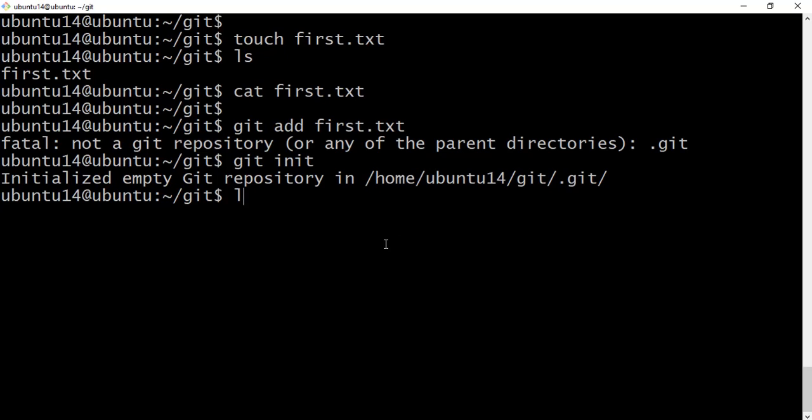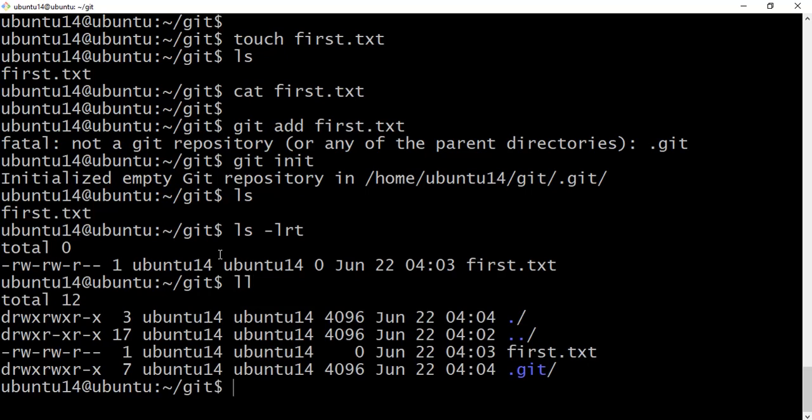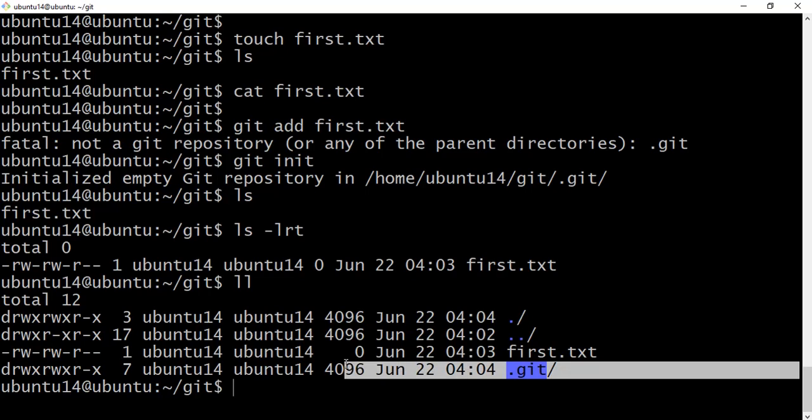If you run ls, we don't get any .git folder here. If you run ls -lrt, we also don't get anything, right? If you perform the ll command, this is the .git folder.